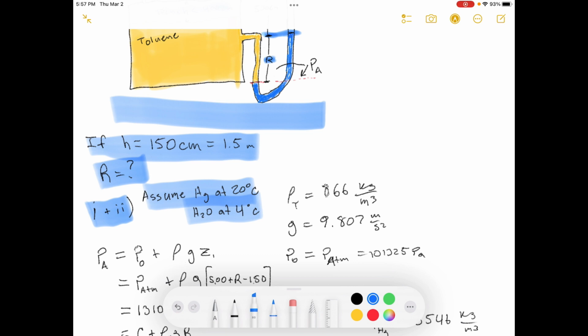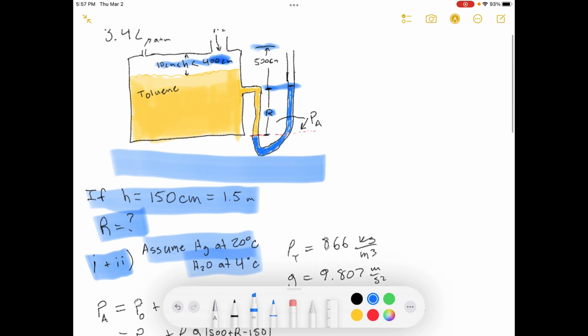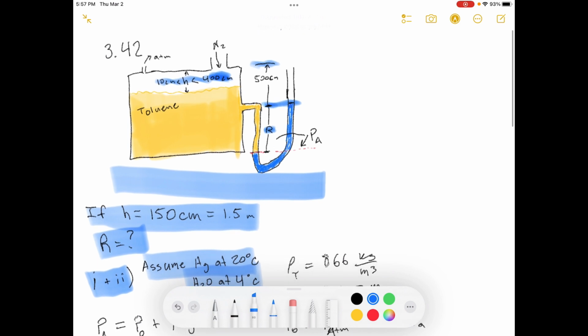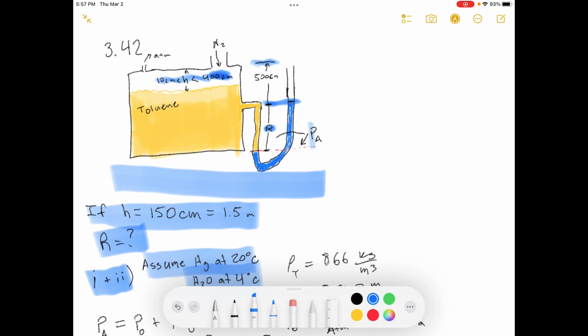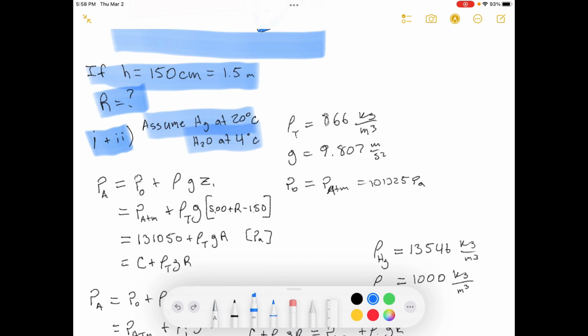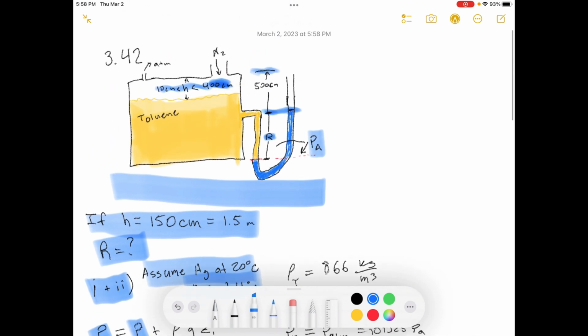Okay? So what we need to do first, let's take a look here. We need to figure out what the pressure is at PA. And then once we figure that out, whatever the pressure is at PA in both legs should be equal to each other. And so if we figure out what the pressure is at PA, then we can solve for what R is. Okay, so in the left leg, PA is equal to the atmospheric pressure above the tank